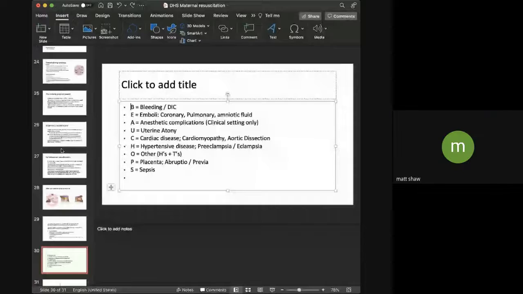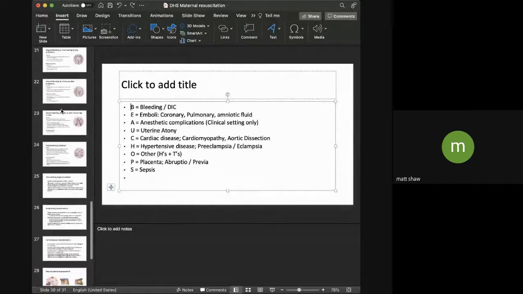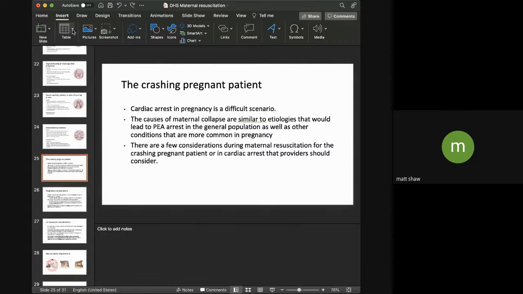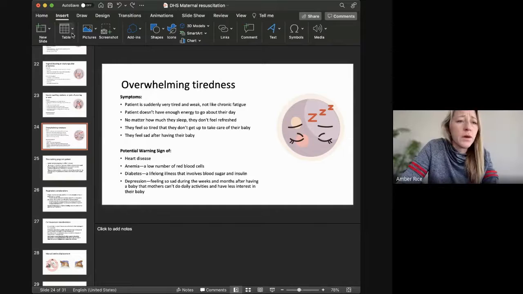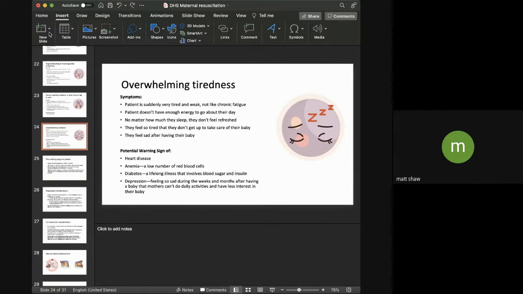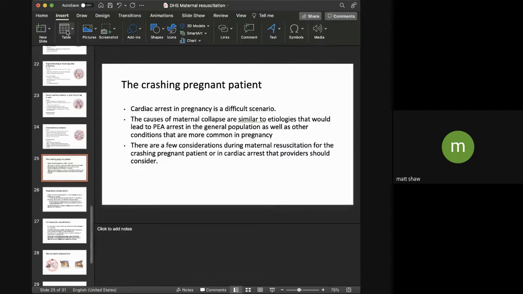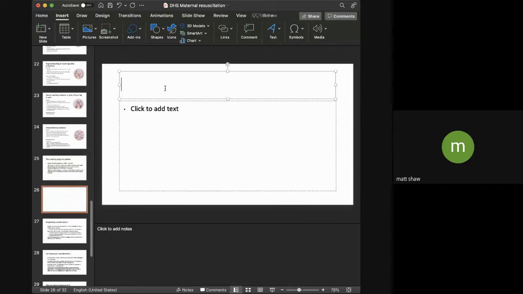That seems like it would flow nicely. Okay, let me share this then. Say that one more time, Matt. So I was just saying, right where the slide for the crashing patient is, before that would be the preeclampsia and HELLP slide. And then these 2 slides, and then the crashing patient, because his first slide speaks to a little bit of the treatments for all of those things, like basic resuscitation.